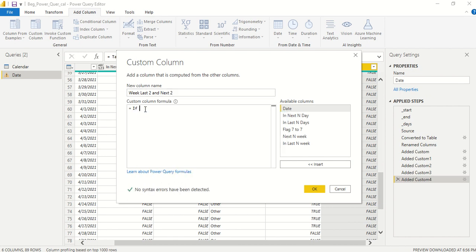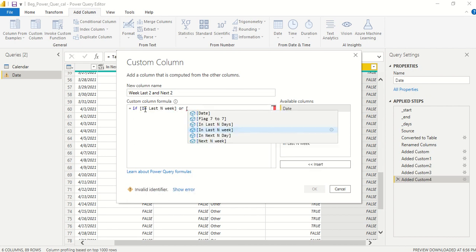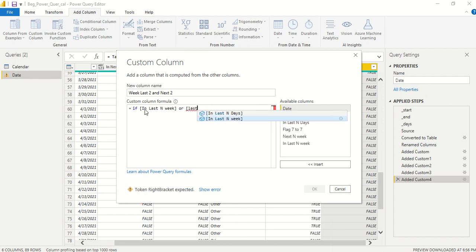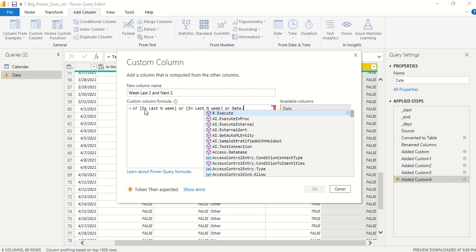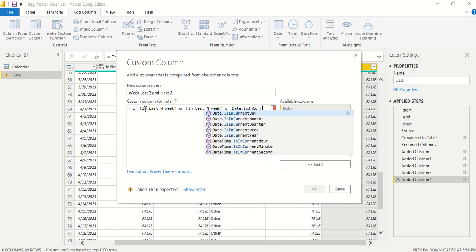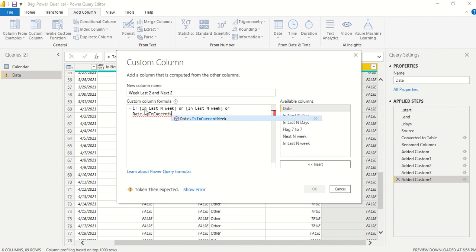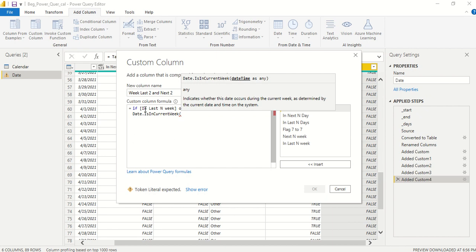And what we are going to do, and Power Query is case sensitive, is if in next n weeks, or this is just true false, or in last n weeks, or now we don't have the current filter here, Date.IsInCurrentWeek. That we created in the other table when we showed you the videos previously.